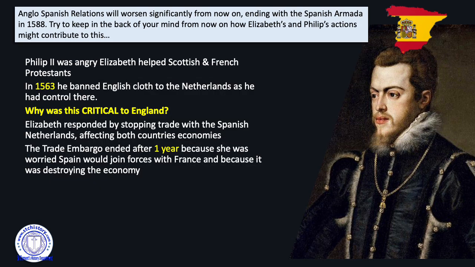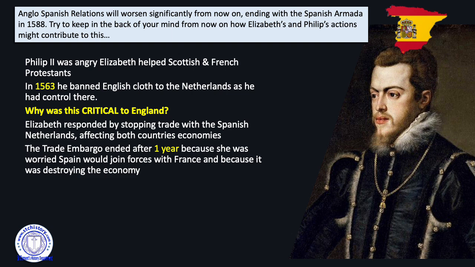All right, so just a little stop point in this lesson, just to keep in focus what I'm trying to get in your head, that we are seeing this as a long-term step to war. You must see the Spanish relationship as the early part where it's starting to get worse, and then the later relationship breakdown. So around about the 1580s, that's where it gets very serious. But if you see the chronology of this course, it's sort of a different topic, but the seeds are being sown to a breakdown of relations. That's where we are right now.